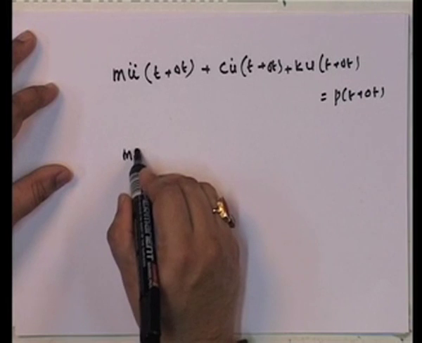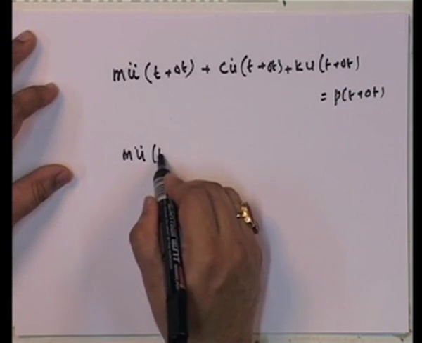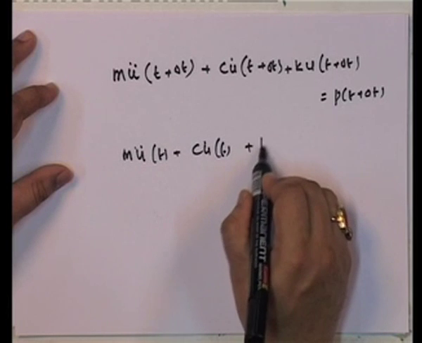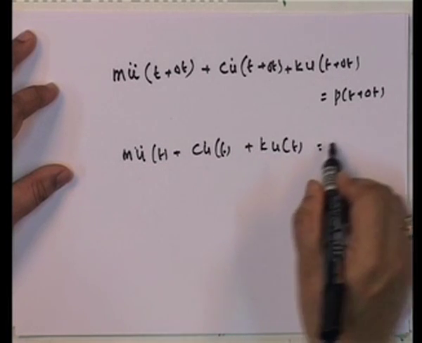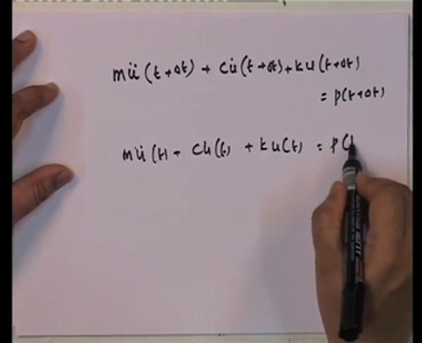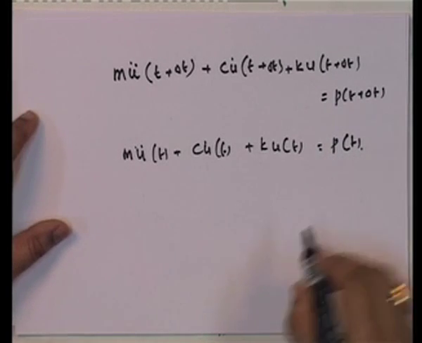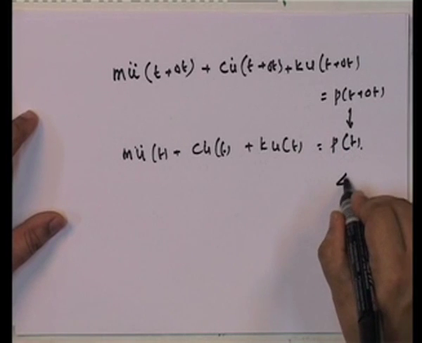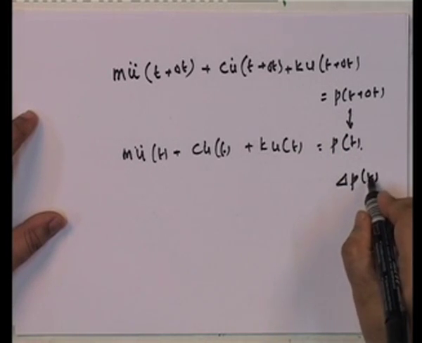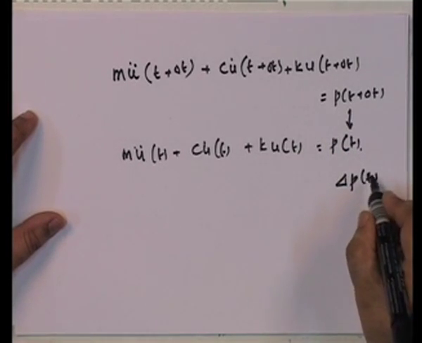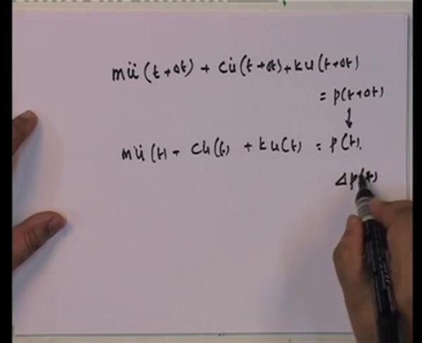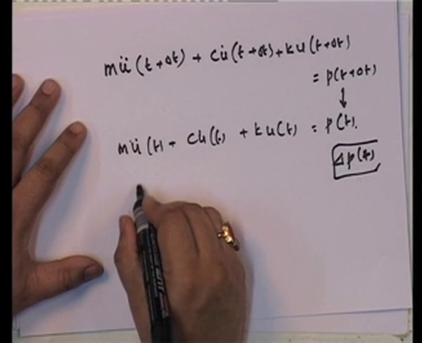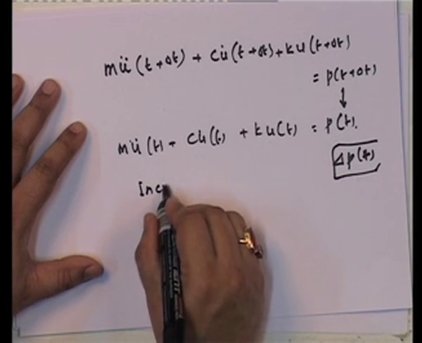And the previous time I have it as so. If I look at it, this minus this gives me what? It gives me delta p of t. At time t, how much of delta do I have? So, if I write this in incremental form,